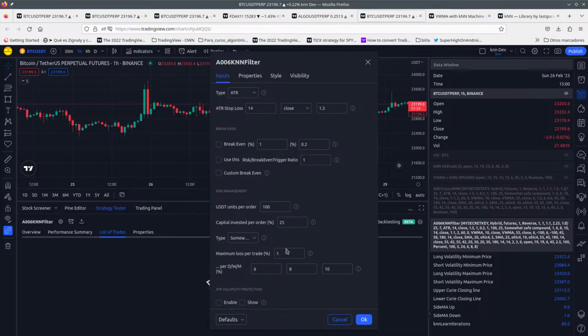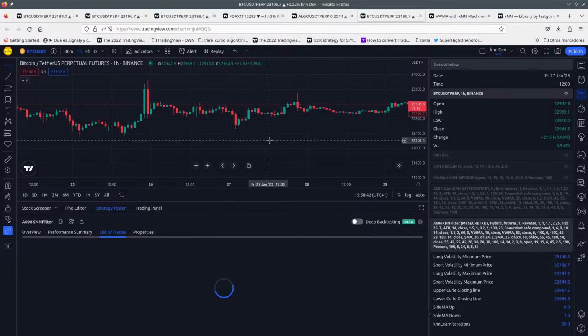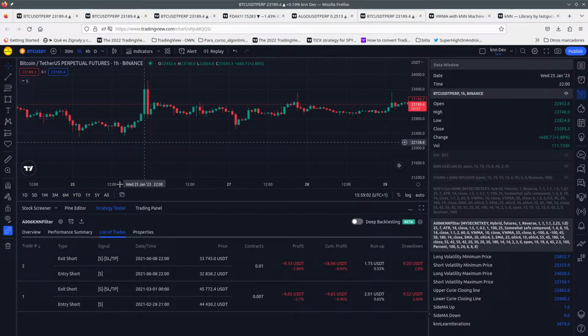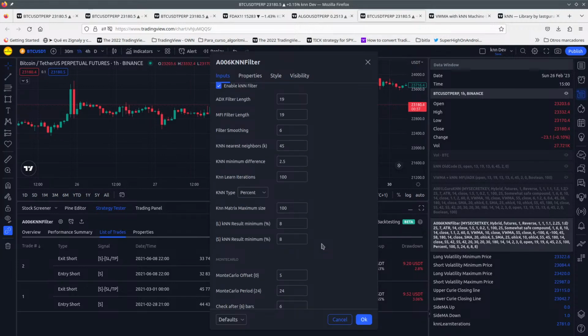Okay, let me check what happens if I do not use the result filter. Do I have more places where we learn or not? We should be learning all the time if it meets the minimum criteria. So I'm not sure. Look at this, only 2 trades. Okay, so here we have 2,684 iterations, so that's nice to know. But then apparently nothing is right, and